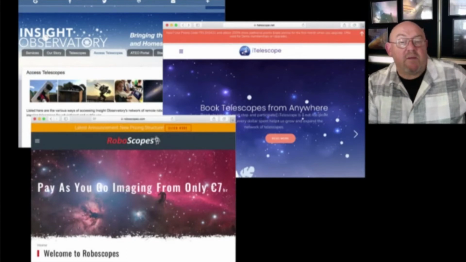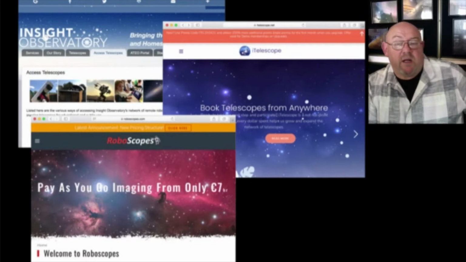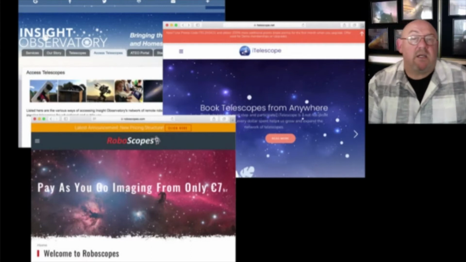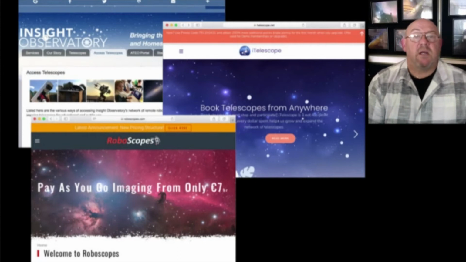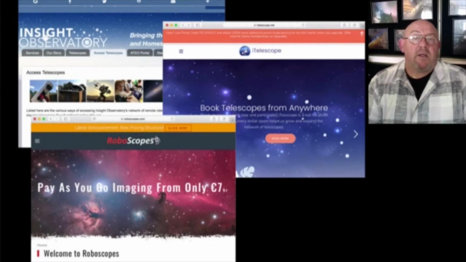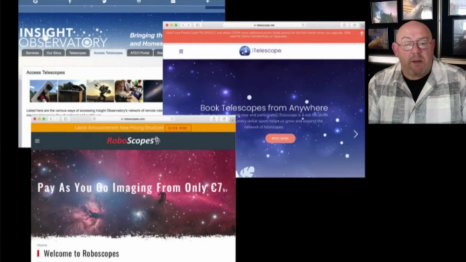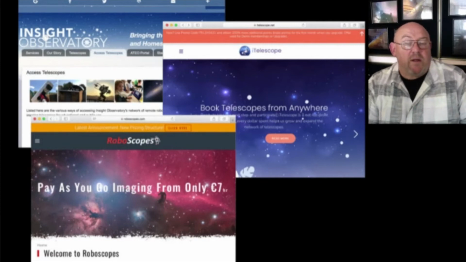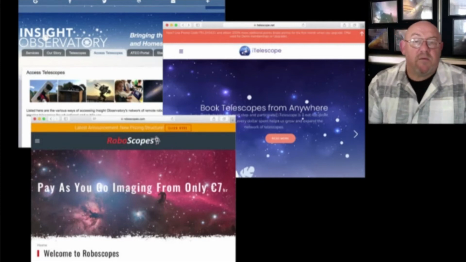I have a few times imaged using telescopes in Spain, Australia, New Mexico, and it's just the same as if I've got mine outside, except the weather's better, the skies are usually cleaner, and I get to see images of things, quite often in the southern hemisphere, that I don't get to see up here. If you want to try your hand out at remote automated astrophotography, then why not search for one and try out the hobby for yourself.